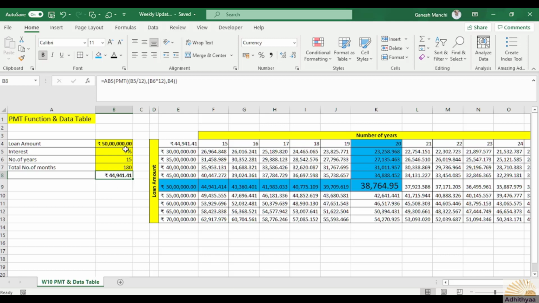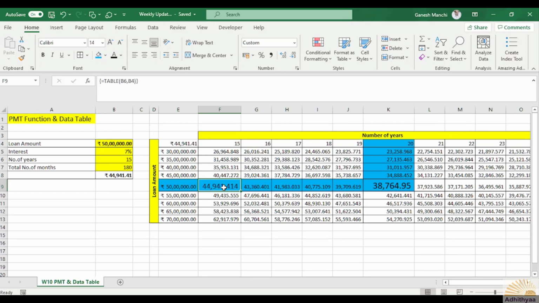Let us check. 50 lakhs, 15 years. 50 lakhs, 15. Here you see. 44,941.414. Okay, good.